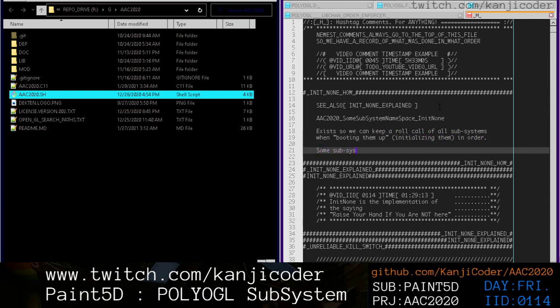Some subsystems do not have init code, but